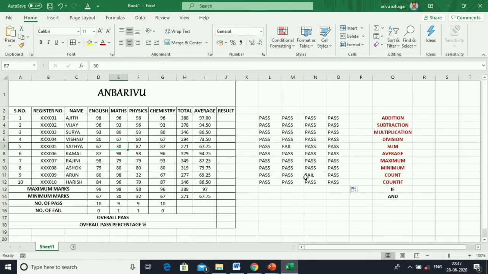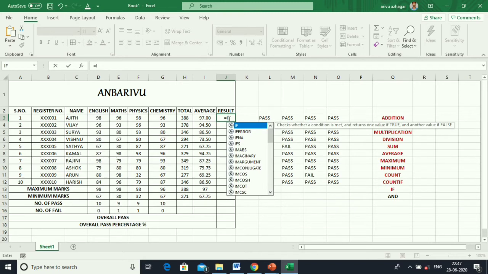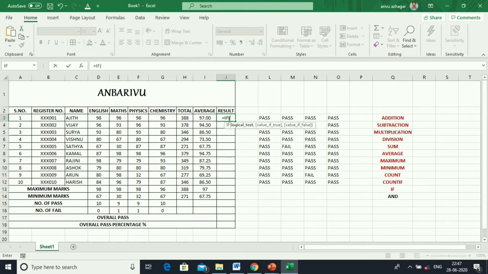Next, the AND condition. In the IF condition, you can check a single variable, true or false. In the AND condition, you can check two or more variables. Enter equal to, I am giving the IF condition, IF, and also I am giving AND, and open the bracket. I am selecting D3